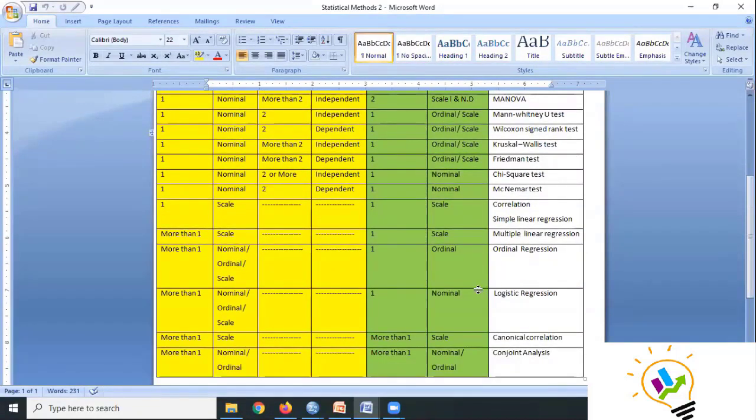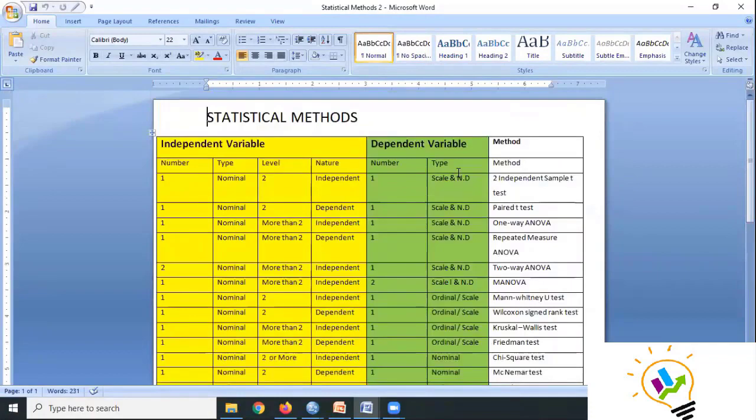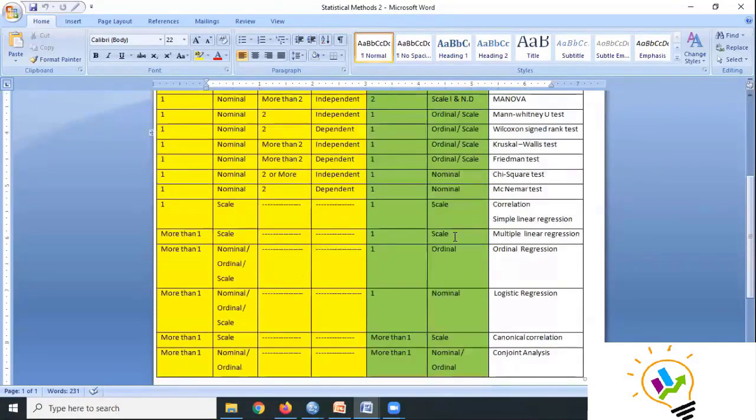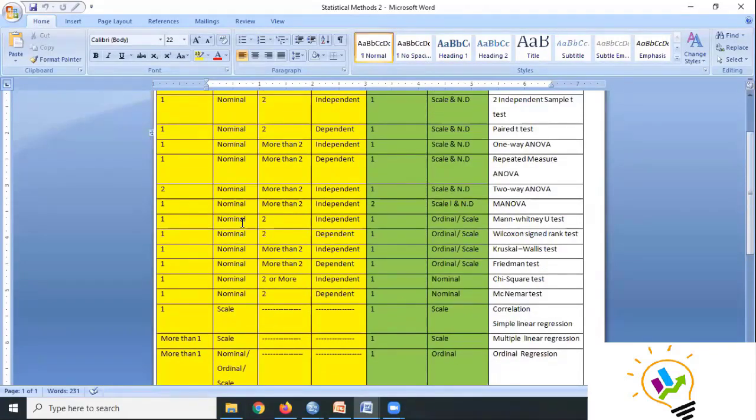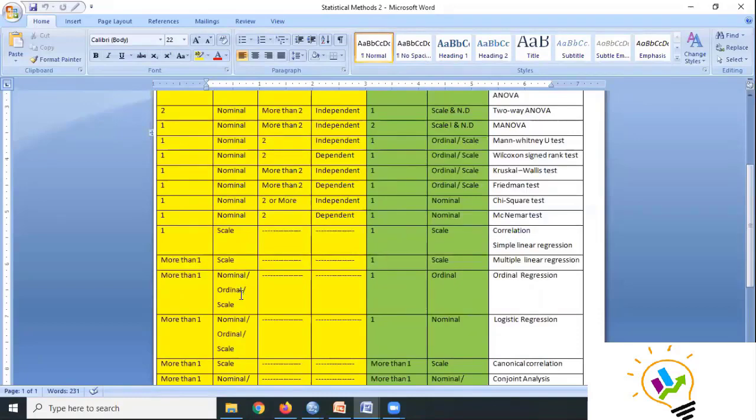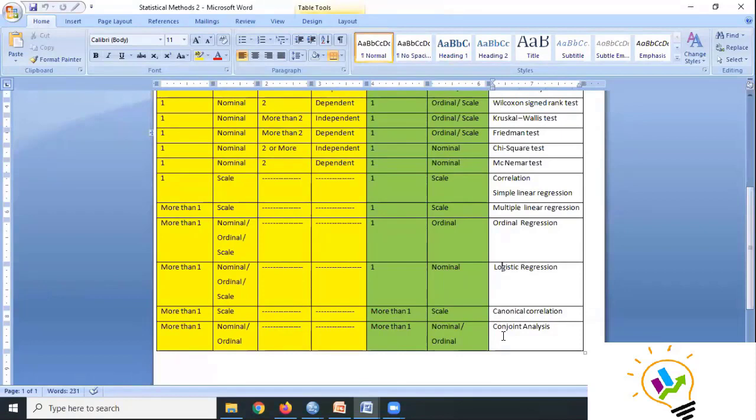And see, I'll just show you. If the dependent is becoming ordinal, then we are going to use ordinal regression. If the dependent is nominal and the independent is whatever it may be, it is going to become logistic regression.